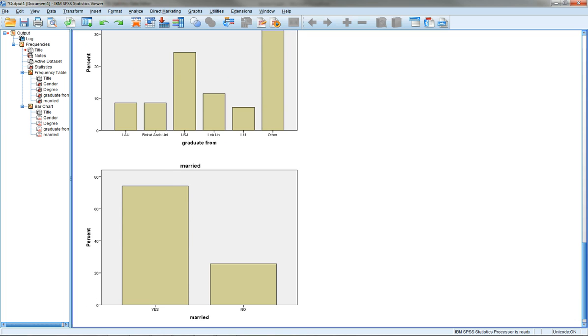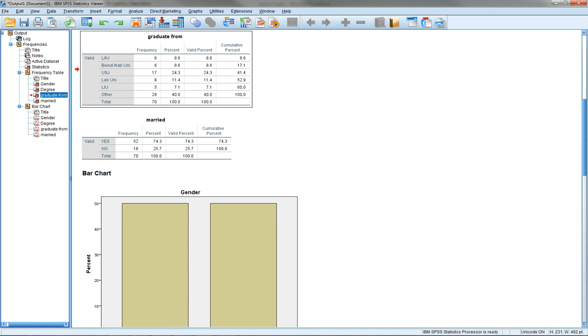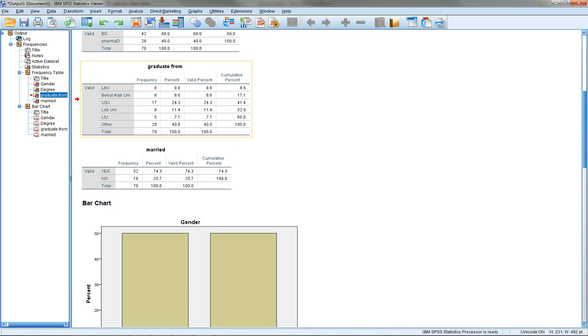Okay. So having done that, let's go back a little bit to graduated from. If I want to go back to the table directly, on this side of the viewer, of the output, you have some sort of an outline of your outputs. And you can directly click on graduated from, and it will take you directly to this table. So here we're looking at where these pharmacists graduated from, and we have the five known universities in Beirut, and then we have the others. And the others are people that graduated from outside